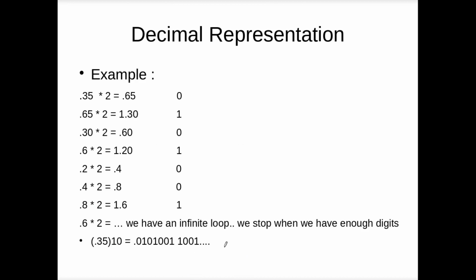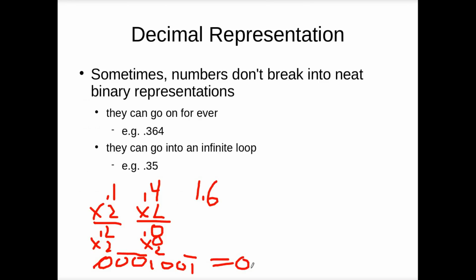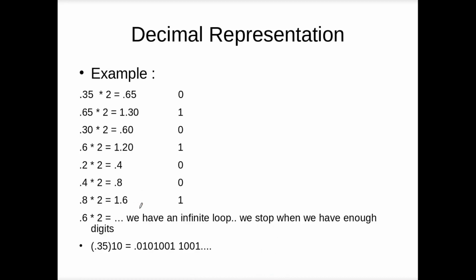0.001, 0.0001, for the decimal representation. So you can represent the numbers this way, and then for some numbers, they're going to go into a loop, like the number 0.35 here is just going to go in a loop forever. And so